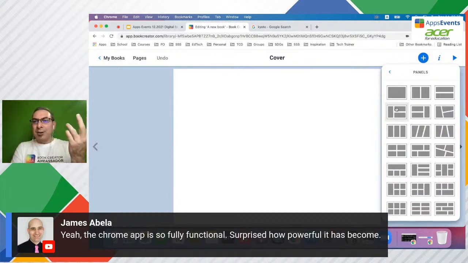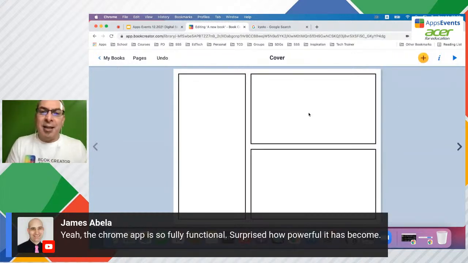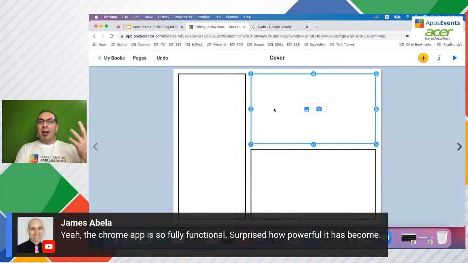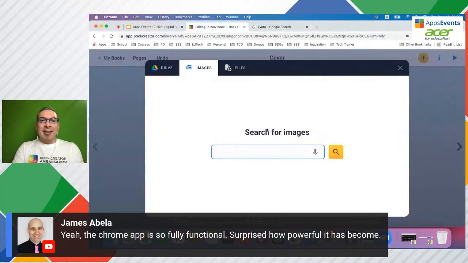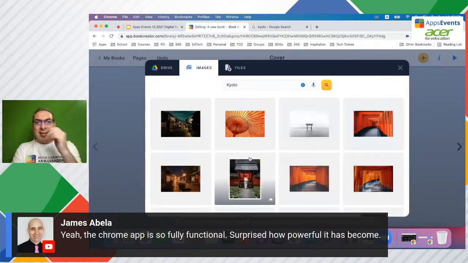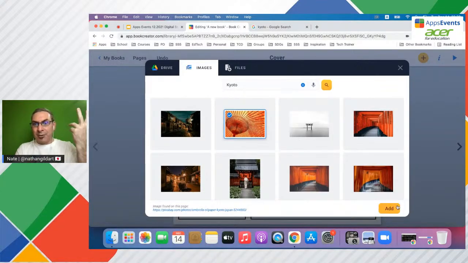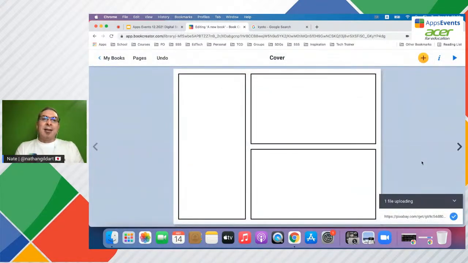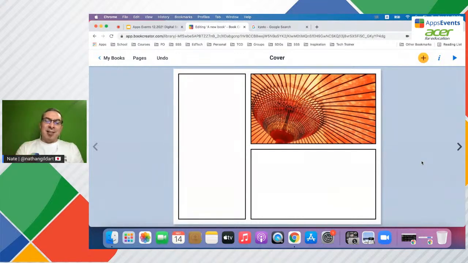But here's where I can put in panels, right? And the panels are already sized for you. They're already locked for you. If I click on that, I can search for images, and you're going to see how it nicely fits. That's a beautiful photo of that fan. Nicely fits in here. And then I can start adding my text, and it's already locked for me. I can unlock it. I can trash it. I can do whatever I want.